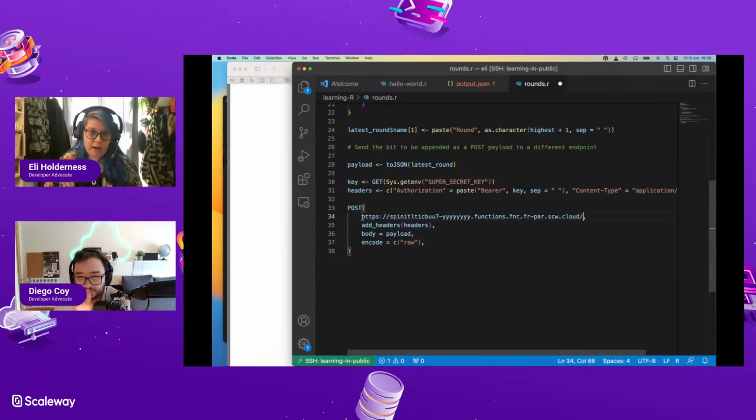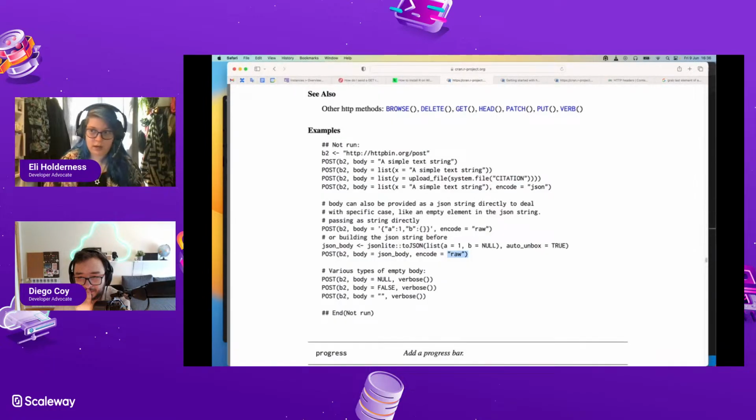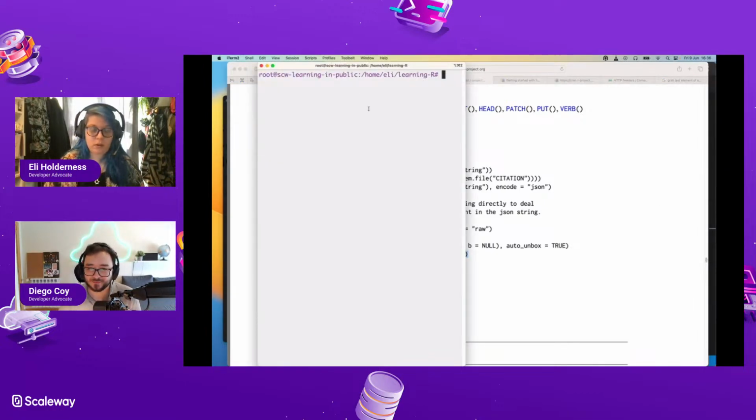So the URL is this api.rounds. And now if I go back to my terminal, where is it? Where's it gone? Cool. That's so weird.